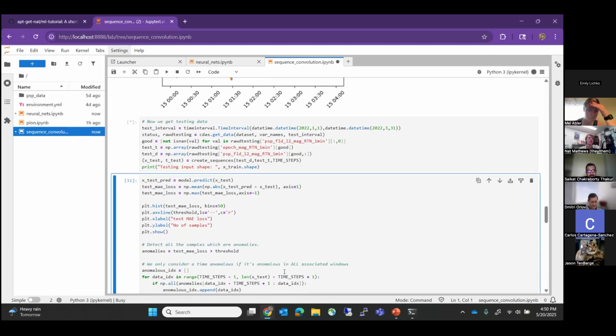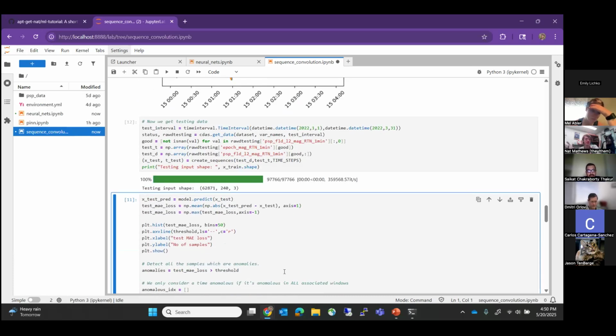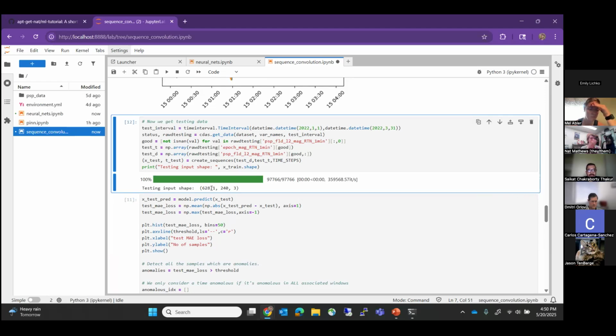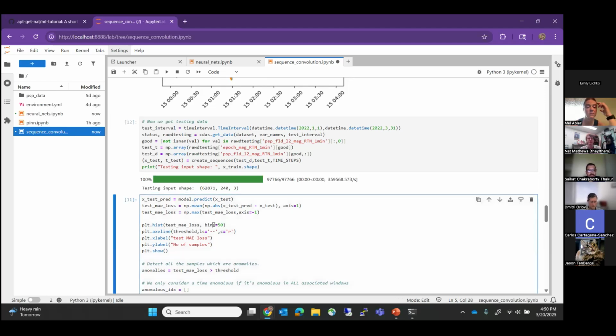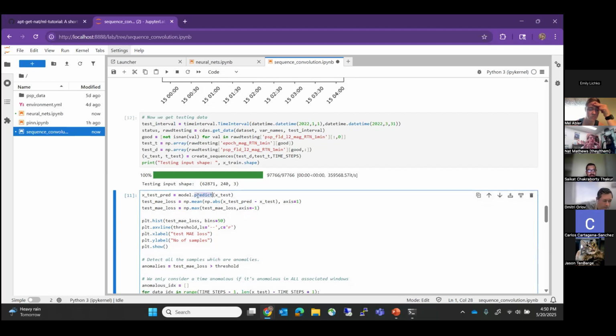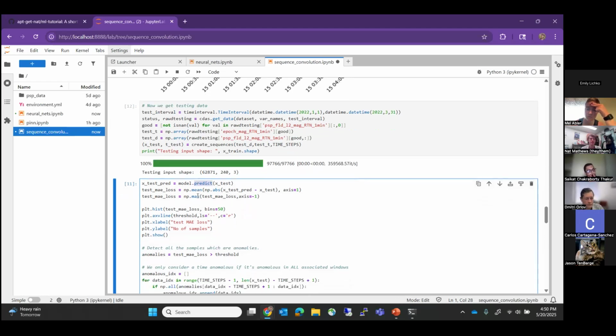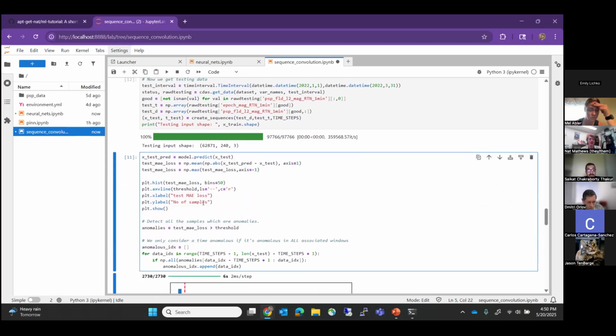And now we get our testing data. We download the testing data the same way and process it the same way. We make our little 4-hour windows because even though we have a different amount of testing data than training data, the machine learning model expects the same size data. So we split it into 4-hour windows, except the batch size, the first dimension, is now different. And we run our machine learning model. Model.predict runs the model on the testing data. And then we find everywhere that we did worse than the threshold that we computed before. And we think that's where interesting things are